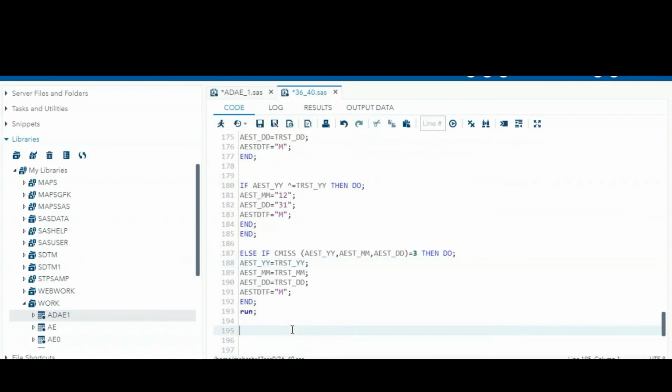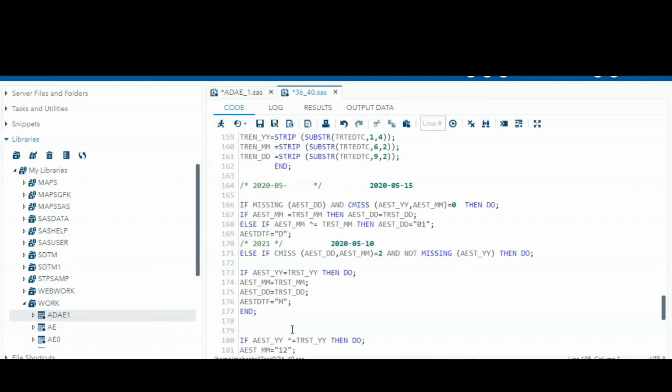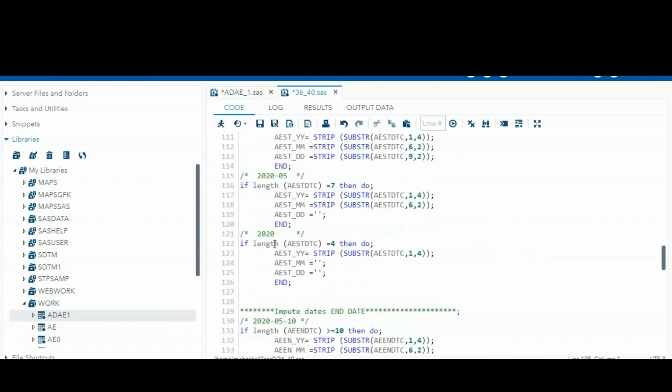So fine, let's check whether all are populated in the right way or not.